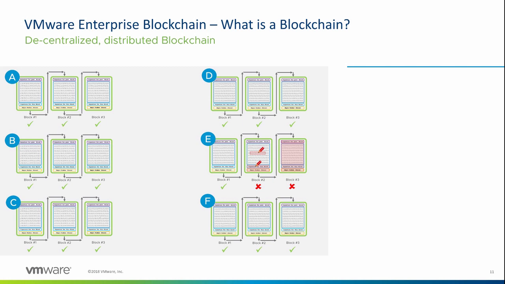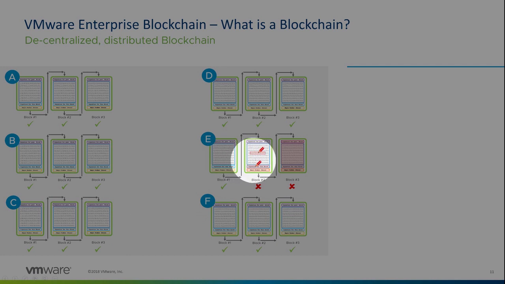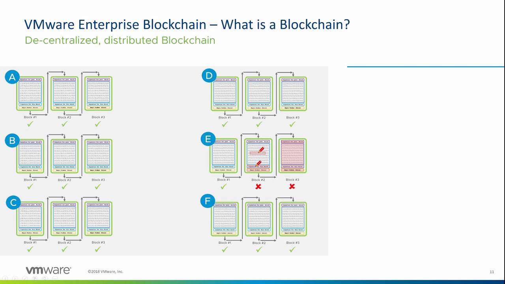So I guess what we're saying is it's hard to modify a block, and if you do modify a block, it invalidates all the subsequent blocks, and even if you manage to corrupt that one and get away with it, the other copies of the blockchain in the consortium are going to highlight the fact that this one is incorrect or invalid. So it's a tremendous amount of work and mathematical processing and investment in equipment and time to not only modify a single block,